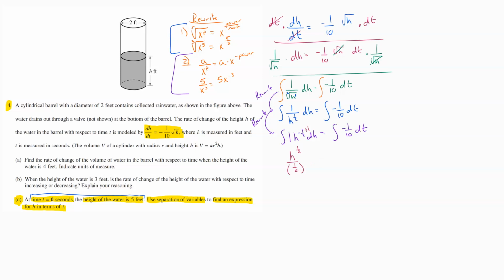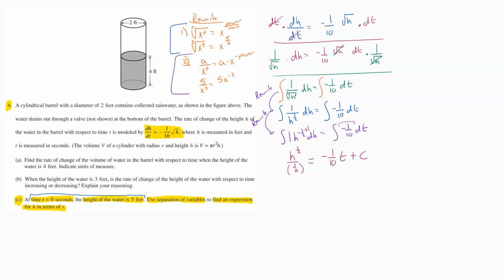But when you've got this separation of variables method, you only need one plus c for the full equation. And usually it is best to put that plus c on the right-hand side over here. So we're going to go ahead and leave the plus c off on this side, and we'll just have one giant plus c on the right-hand side. Doing the power rule on the right-hand side, anytime you've got a number by itself, that just gains a letter back. So this is going to be negative 1/10 t, and we'll go ahead and now put in our plus